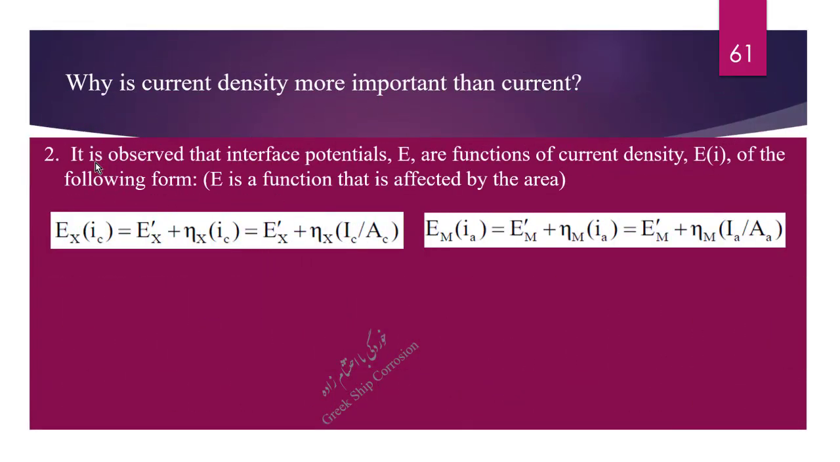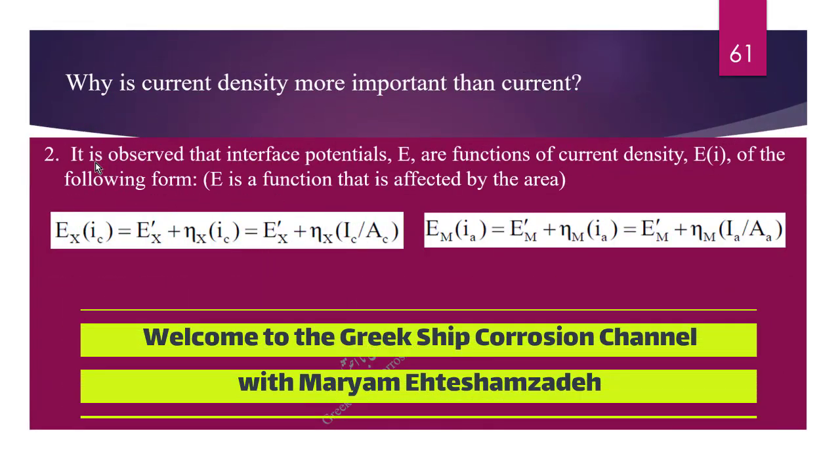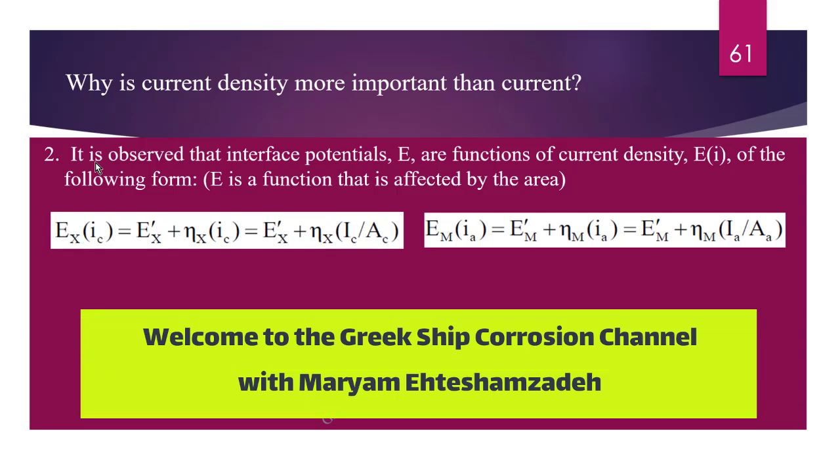The second reason is it is observed that interface potentials E are functions of current density, E(i), of the following form. E is a function that is affected by the area. Ex(IC) equals E prime x plus eta x, IC equals E prime x plus eta x times IC divided by AC, and Em(IA) equals E prime m plus eta m, IA equals E prime m plus eta m times IA